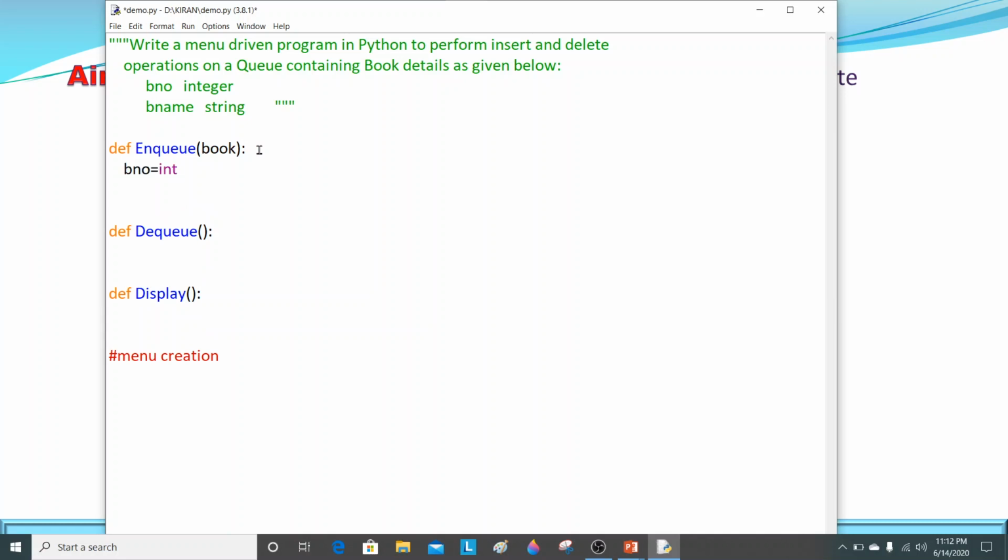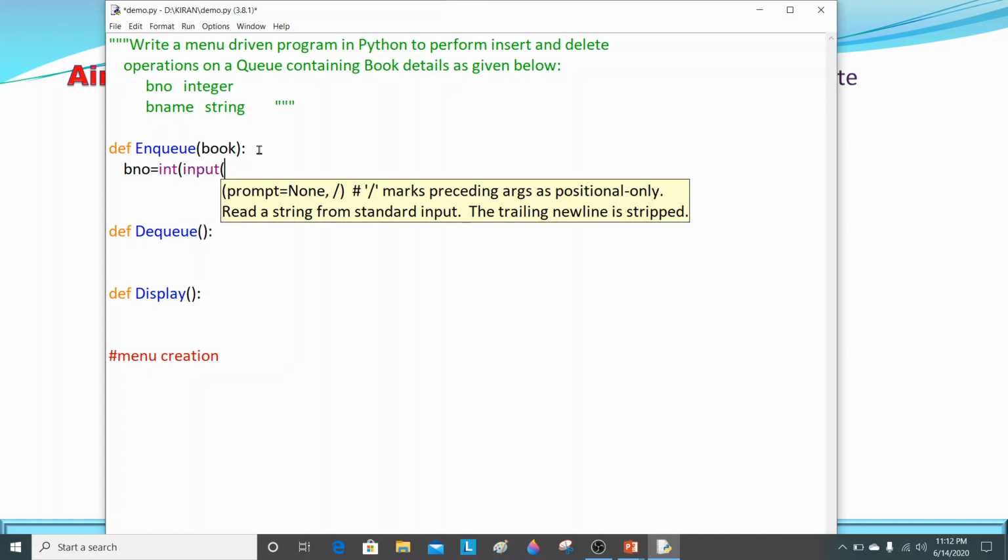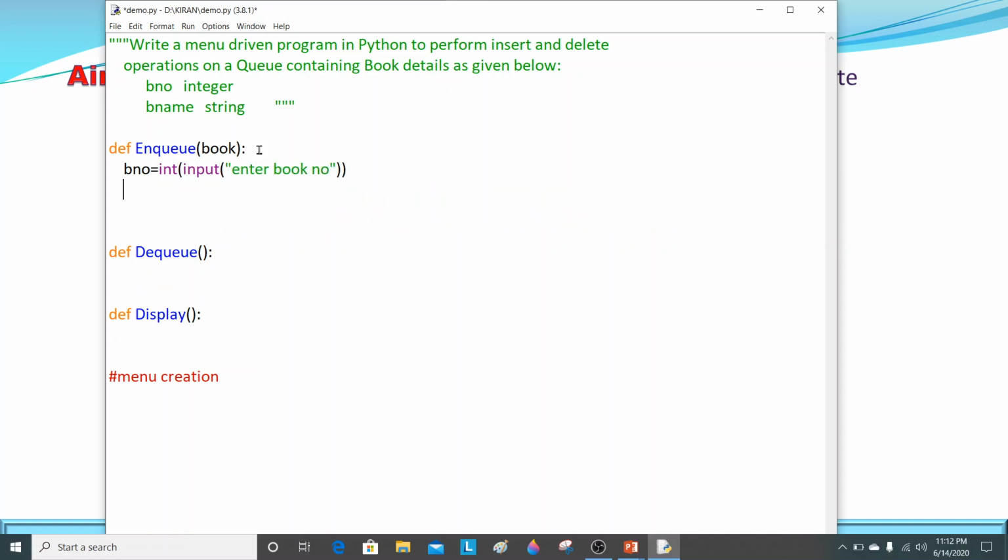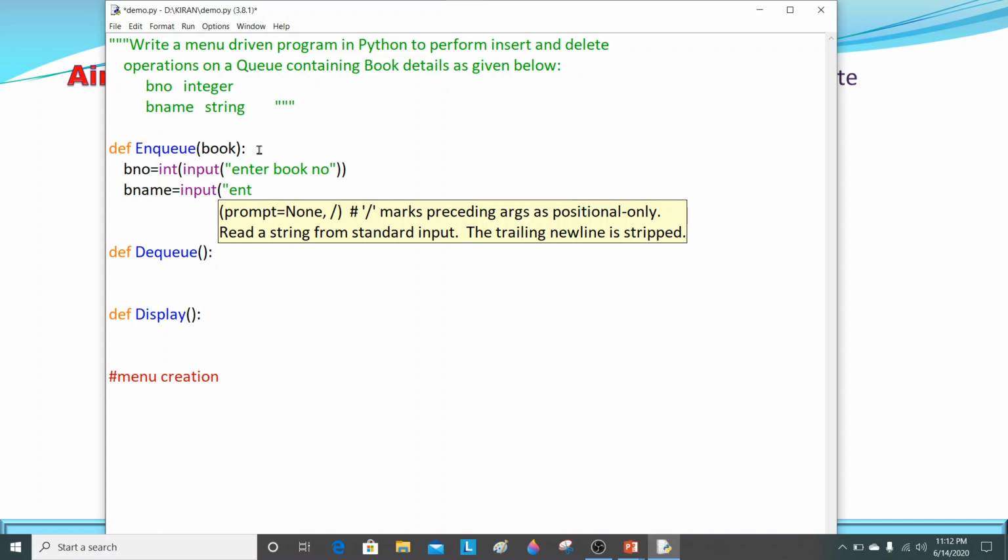So b number equals int input, enter book number. So the user will enter the book number. After that, I have to enter the value of book name by using the variable b name equals input, enter name. So the user will enter the book name here.